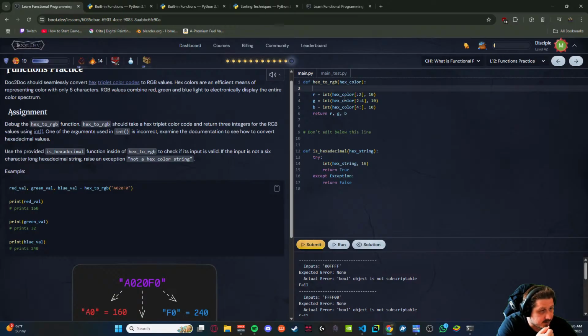Check if its input is valid. How do I check is hexadecimal?